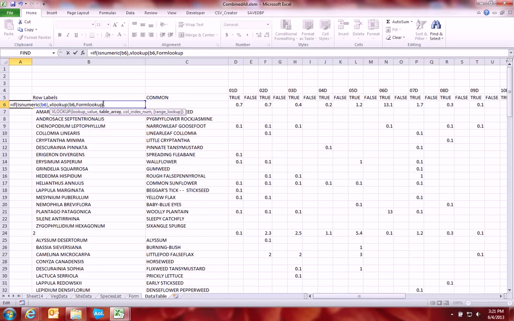And what we're going to want is the item in the second column, which was the long form,